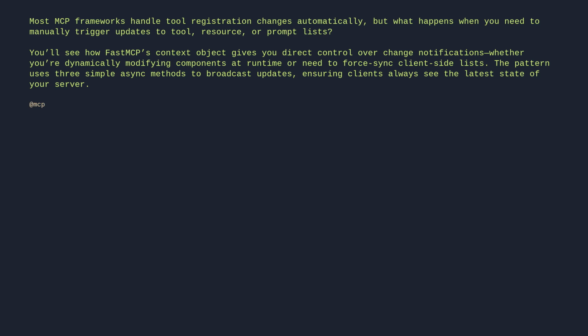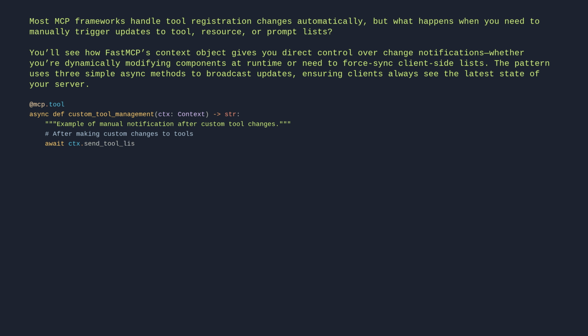@mcp.tool async def custom_tool_management(ctx: Context) -> str: """Example of manual notification after custom tool changes.""" # After making custom changes to tools: await ctx.send_tool_list_changed() await ctx.send_resource_list_changed() await ctx.send_prompt_list_changed() return "Notification sent"